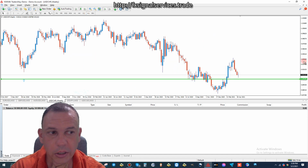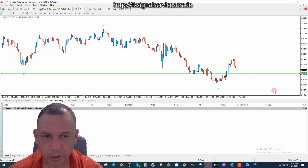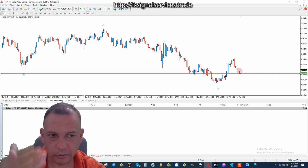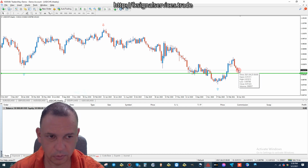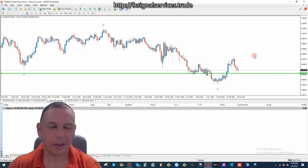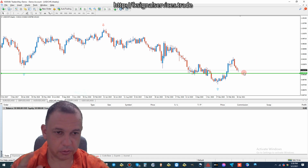Okay, the weekly chart shows the buy. So we know there's no way it's going to drop all the way back down here to where this previous blue arrow is, but we're already at a point where it's getting ready to reverse. If you look right here on the weekly chart, this is interesting. We see what's called a doji candle. Okay, it makes like a perfect cross. Okay, I'm not good at drawing, but that doji candle is a very strong indicator